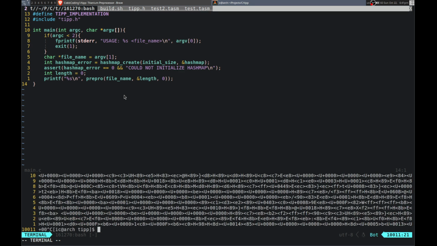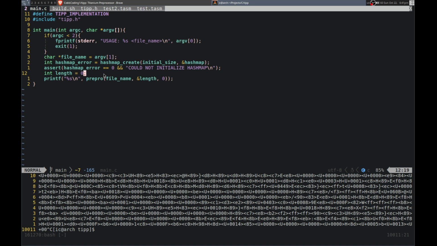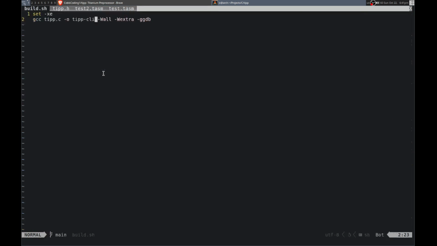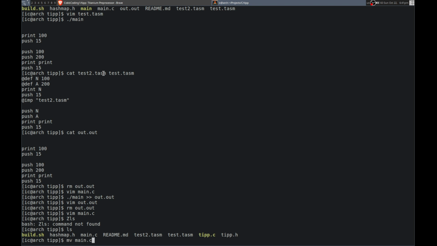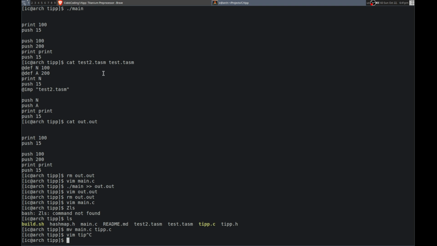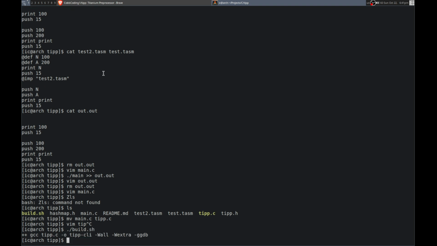Whoops, so that didn't work. Let me see. Yeah, okay. We did not move it to tip.c. Right, now let's do build.sh. There we go. Now if we run,